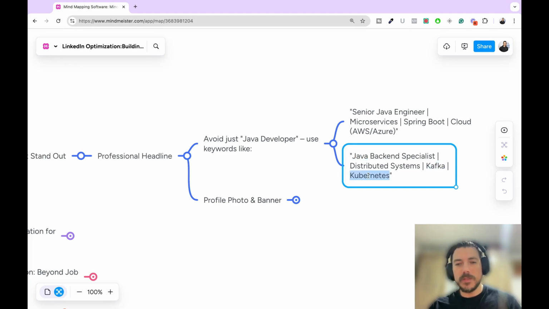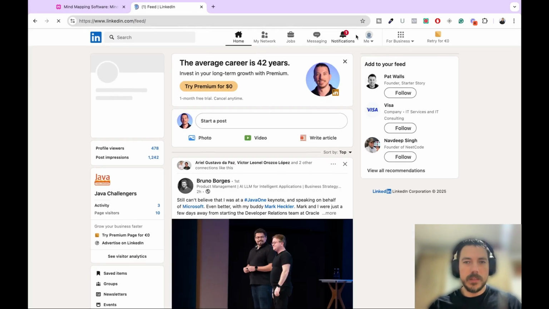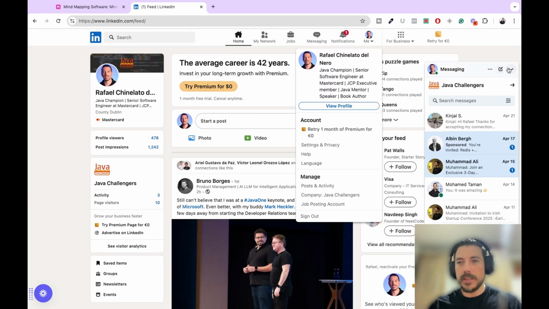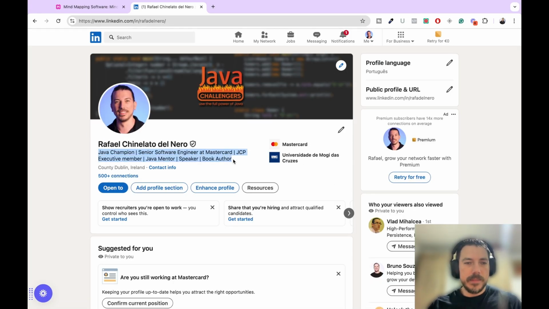If you have knowledge of those technologies, it's a good thing to add them at the top of your LinkedIn profile. And when I say at the top, let me give you an example here. On my profile, for example, I did that, so you can do the same. And it's important to be specific here: senior software engineer.